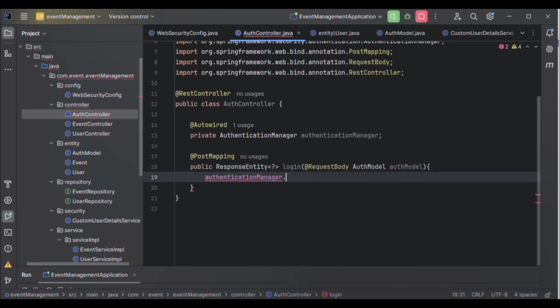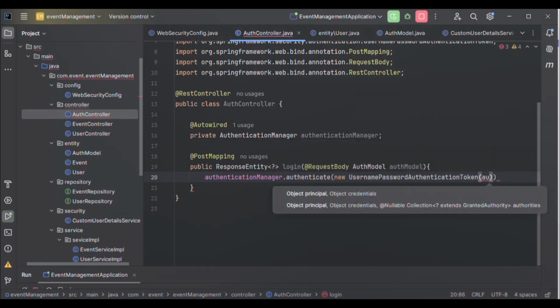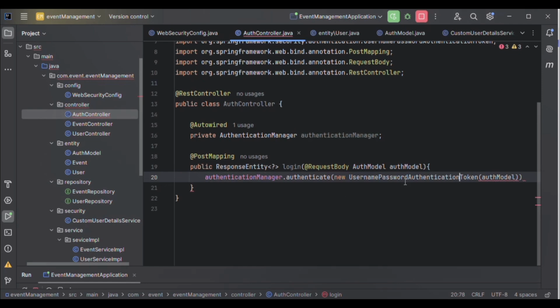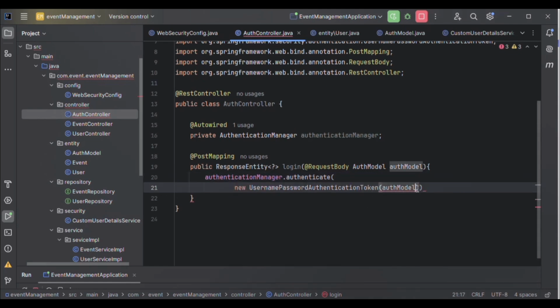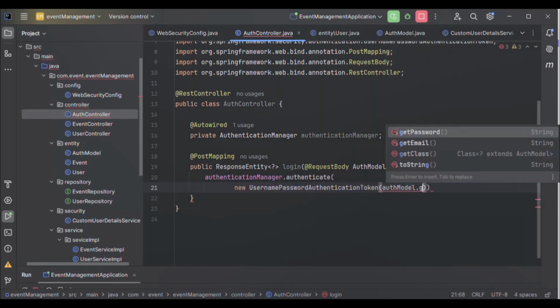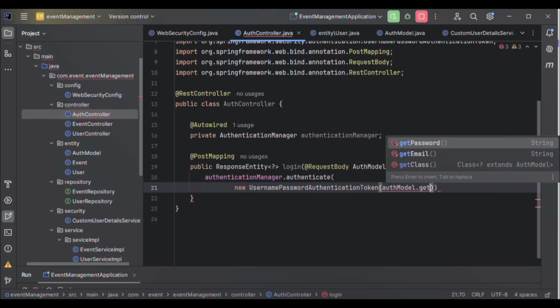So this authentication manager has the method authenticate. It will use the username password authentication token. Here we need to pass the user and password to this username password authentication token. So let's pass the username, which is our email.